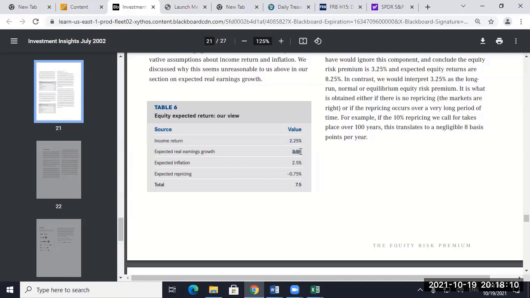Expected earnings growth, you see they have that more than double what the historical number has been. Why do they say that? You have to kind of see what that argument is. So we're going to talk about this. This number needs to be tied to the U.S. economic growth, which is what? Anybody remember? If anyone remembers anything from my classes? So what are the two pieces of real economic growth? Productivity growth and labor growth, right? So productivity growth and labor growth.